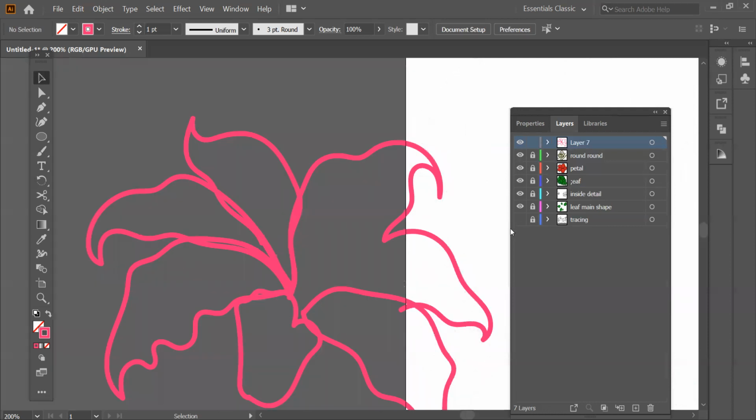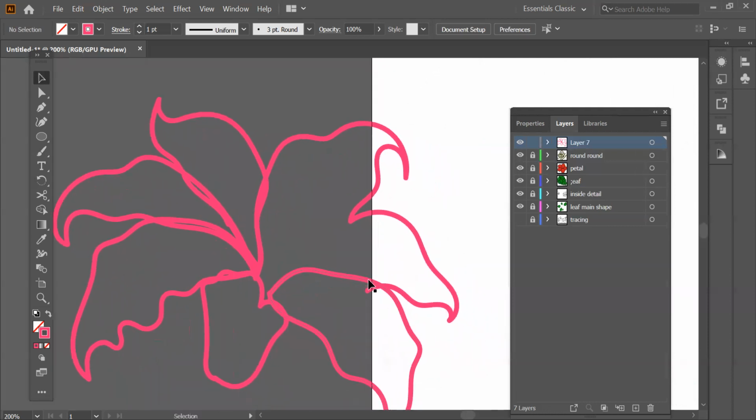I'm just going to hide this tracing paper. And now what is the problem? This one is the problem. So which tool do you have to use? The selection tool. But if you noticed, I forgot to close it. So anyway, I want to close it. So what will I do? I'll just draw a little bit more over here. Okay, now this one is also done. Other than that, everything looks cool.